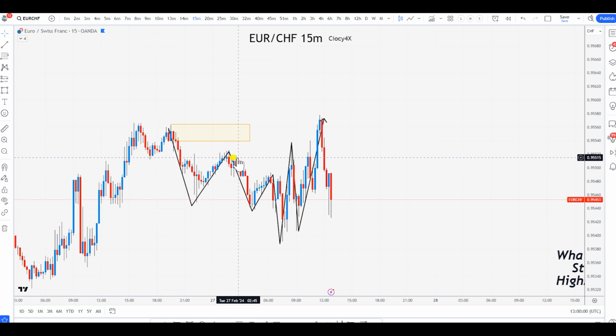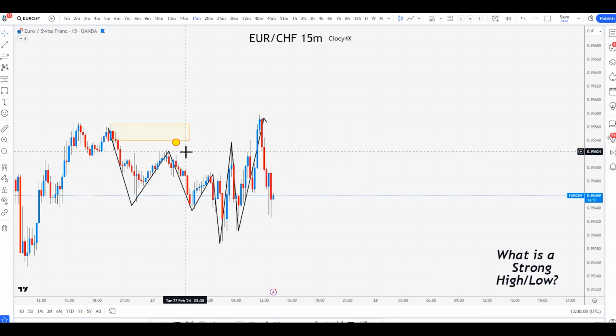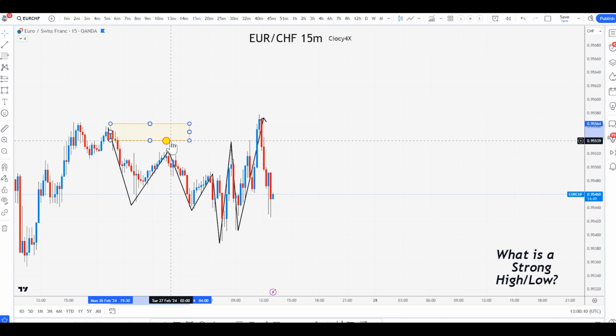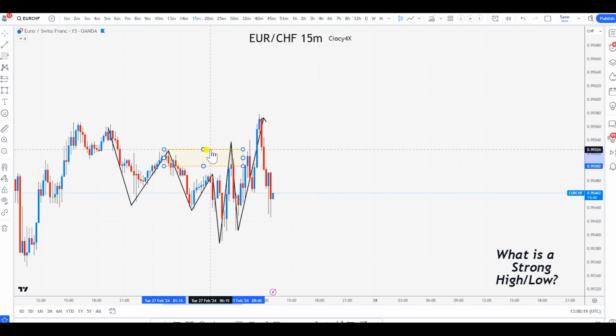But I'm not talking about taking the trade. I want you guys to understand the principle and the concept. So your strong highs or strong lows are important because those are the zone from where you can take the trade. So then what happens is that price goes down, right? It makes another high, low, another lower low over here. And then from here, you have a strong high, right, over here.